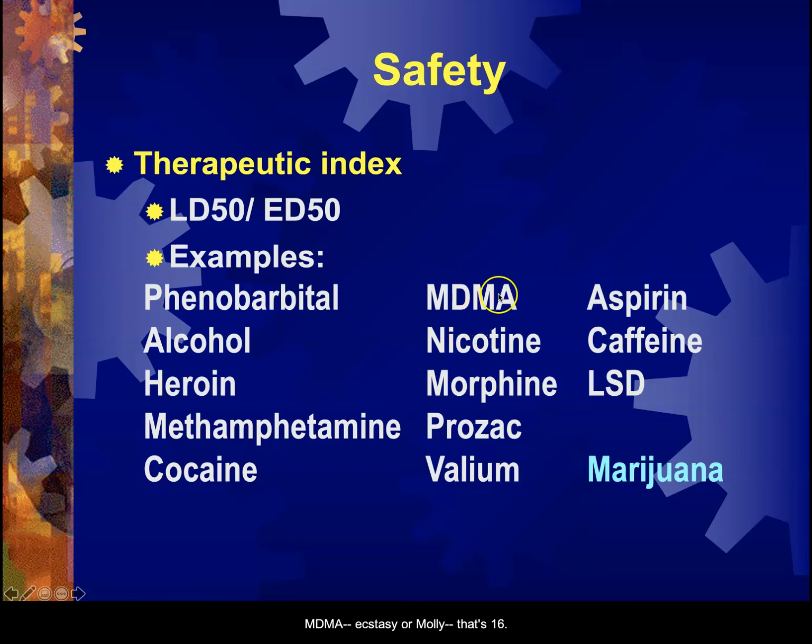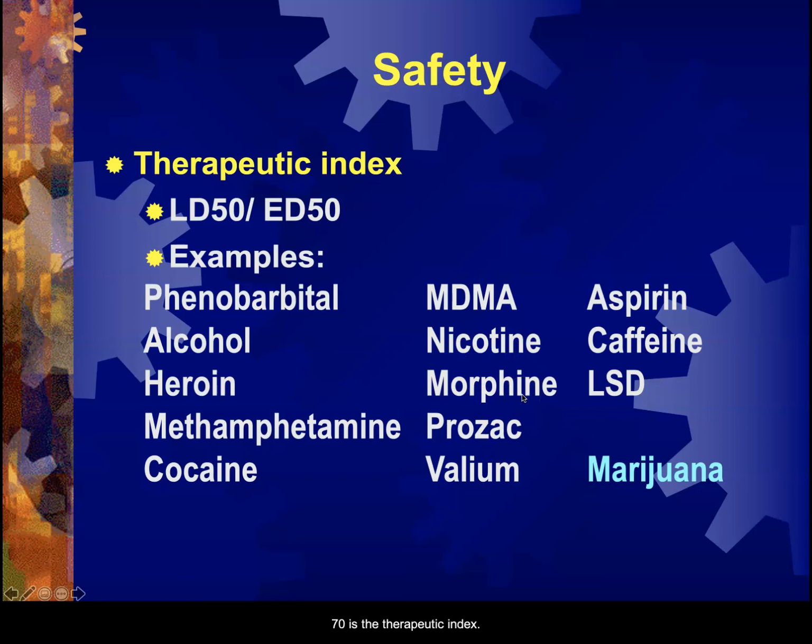Cocaine is about a 15. MDMA, that's ecstasy or Molly, that's about a 16. Nicotine, 21. So if you smoke 1 cigarette, that's an effective dose of 1. If you put a whole pack of cigarettes in your mouth and light them all up, you've got a 50-50 chance of dying on the spot. Not of cancer 20 years later, but on the spot of nicotine poisoning. Nicotine is quite toxic. And 480,000 deaths a year are due to smoking.